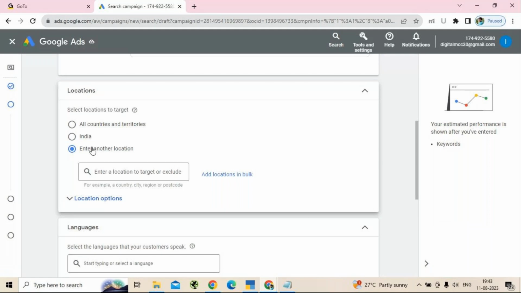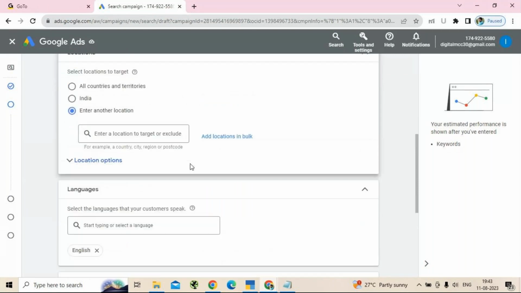You have seen the same options when we were doing the Facebook ads, right? The same way here also, but the options may have a few changes. Let's see that. Let me run it for all over Karnataka.